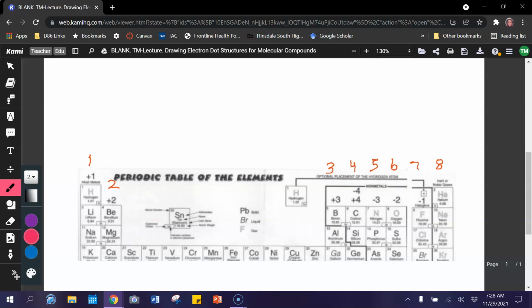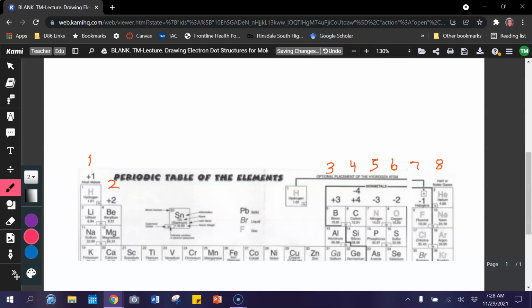Now I recognize that hydrogen is all the way over on the left-hand side of the periodic table right here. But hydrogen is going to exhibit properties that are both metallic and non-metallic. And one of the properties of nonmetals that it demonstrates is it shares its one valence electron in order to